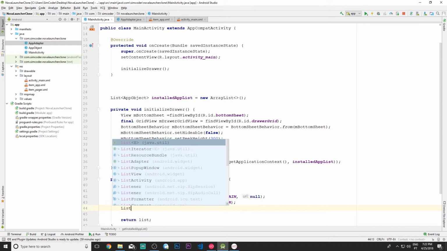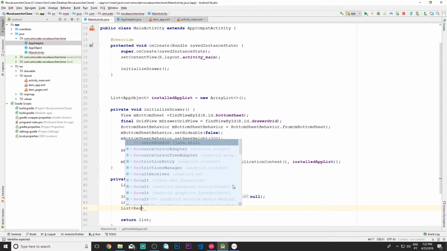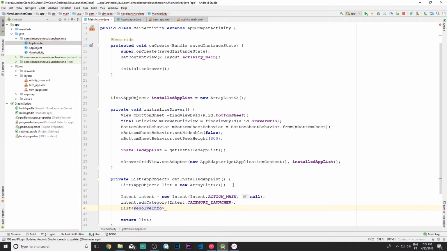Now we say list resolve info, and this is the type of object that will contain all of the apps. So we must somewhat take care of the information after. And let's say untreated, I believe that's how we write that. So untreated app list